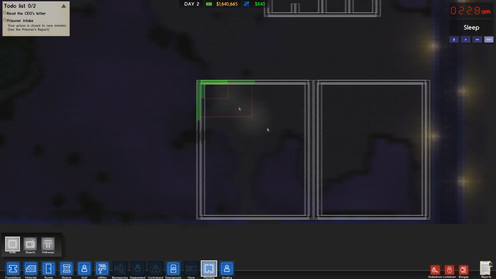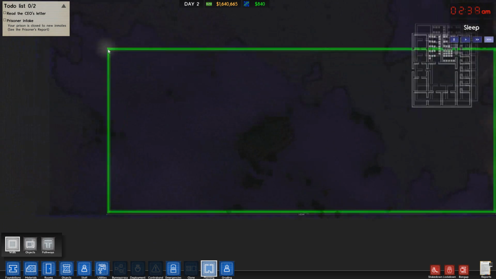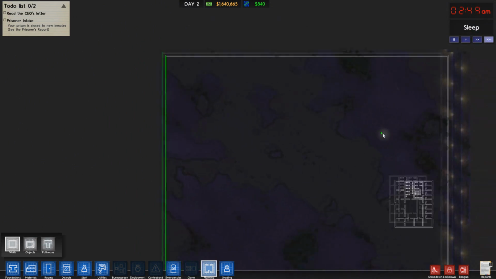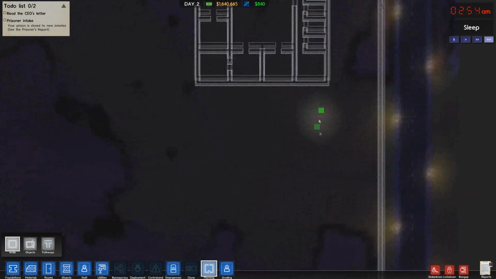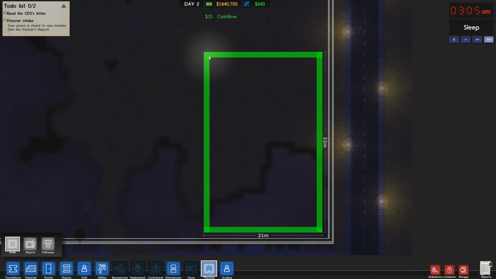Actually, I probably won't build it that close to the edge. Maybe I'll have like a wall from there. Just like that. That would be my wall. Aside from that bit there, obviously. So if I have, let's see, 31 by